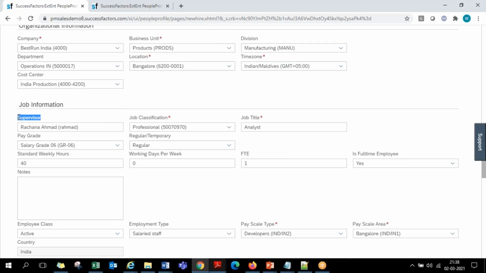I think I have to correct you again. Foundation object means it's something relevant to the organizational layers related to establish the company's structure, company's departments, company's locations, company's pay grades, what they use, all that. This is not, this is the relationship. Assigning a manager is an employee to employee relationship. This is not a foundation object. Supervisor is one more employee whom you are tagging to this person as a reporting person. Similarly, HR, it's one more employee whom you are tagging as an HR person. That's it. It's not a foundation object.